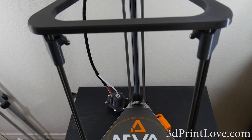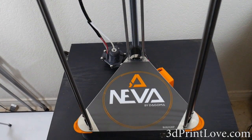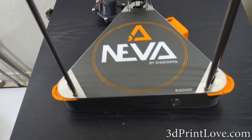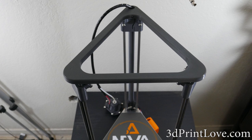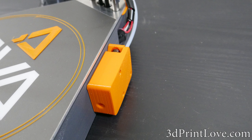It takes about 3 minutes initially to set up, and it just goes around probing various points on the bed, then homing itself, and then repeating the process a few times until it is complete. And it is an extremely simplistic looking 3D printer. You've got a power jack port, you've got a USB port, you've got a button on the front, and an SD card slot. That is it. And with the button on the front, you can use it to start a print or pause a print. The SD card slot is, you load up a file on there, put it in the printer, press the button,